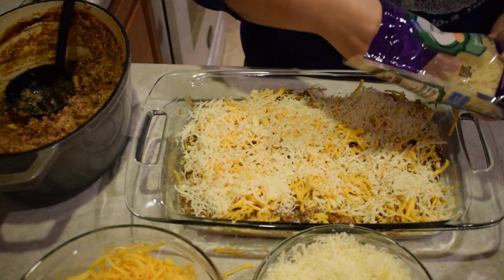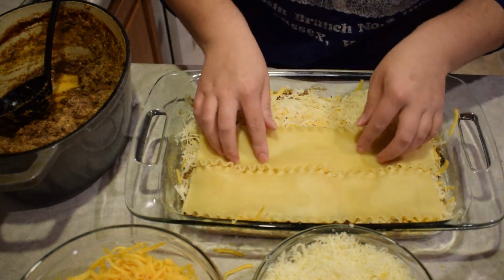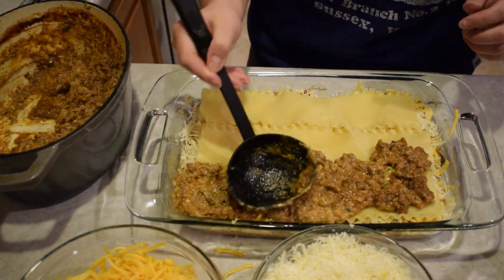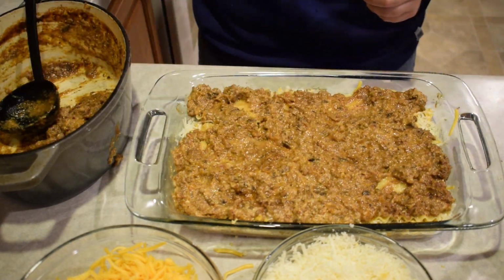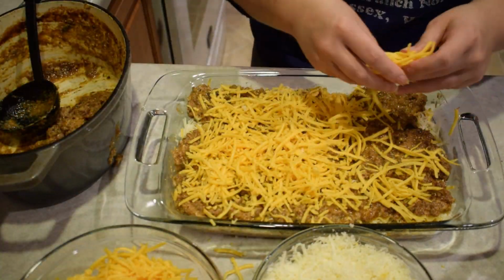You might have a better sized pan than I did. This one's kind of awkward. I would say the square one that I used to put the freezer lasagna together, the noodles just fit in better. And then I'm going to add some of our cheddar cheese, some of our mozzarella cheese, and then